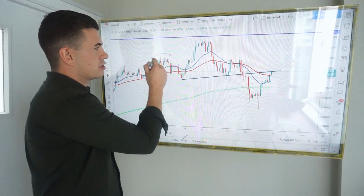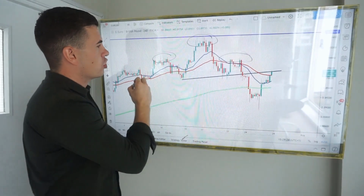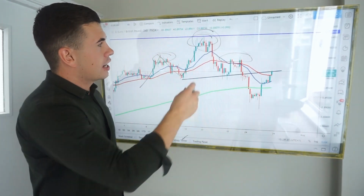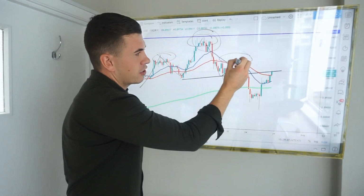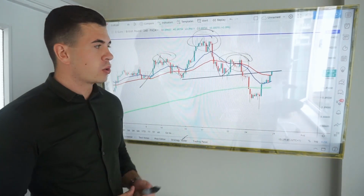The first pattern we identified was this head and shoulders pattern. We saw price move to the upside, first pullback, interact with 0.950, and as you can see, sellers started entering the market. The first high probability setup was in fact this first pullback, which interacted with our moving averages after the 2050